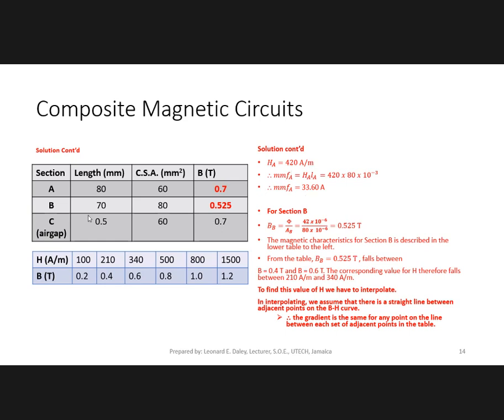All right, so let's move on to section B now. So section B, its flux density is given by phi divided by the area of section B, and that works out to be 0.525 Tesla. All right. Now, again, section B is